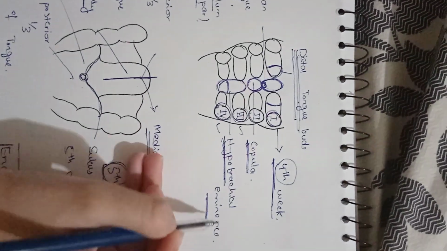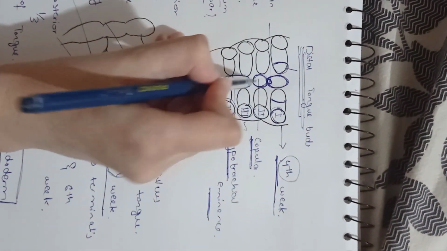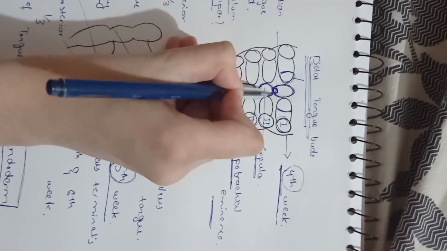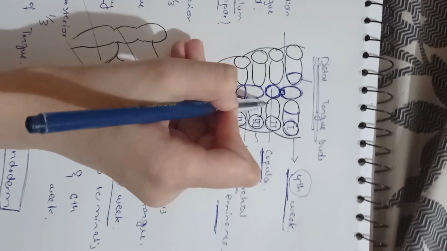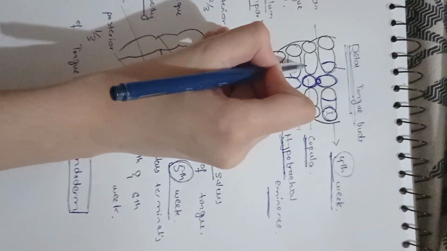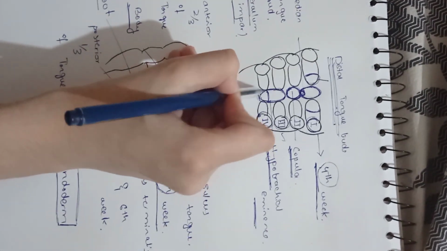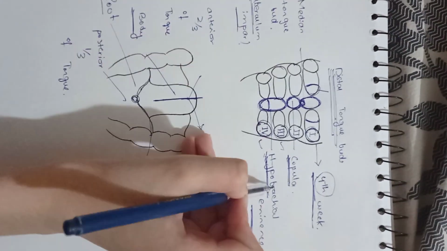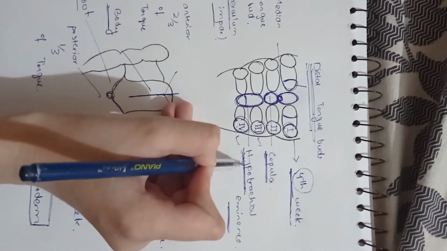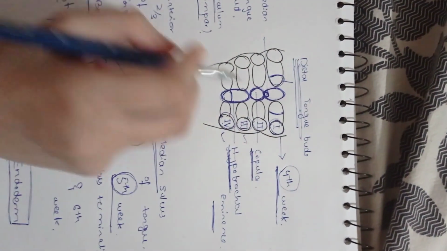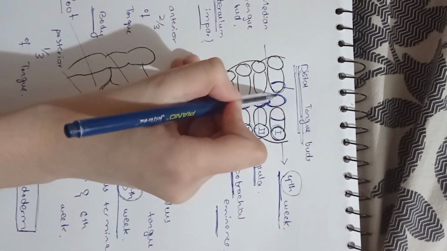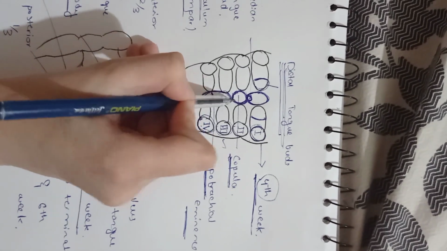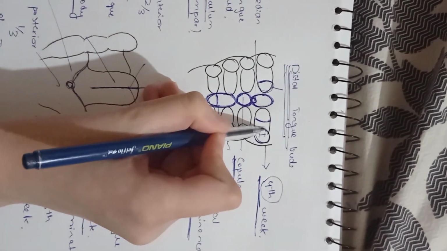Then later in the fourth week there is the development of two other median swellings. One develops just caudal to the foramen cecum. This one is called the copula, and it develops from the ventromedial part of the second pair of pharyngeal arches. Then from the third and the fourth pharyngeal arches, later in the fourth week, there is development of the hypobranchial eminence. So: one median tongue bud, two distal tongue buds, copula, and hypobranchial eminence, from the first four pharyngeal arches.